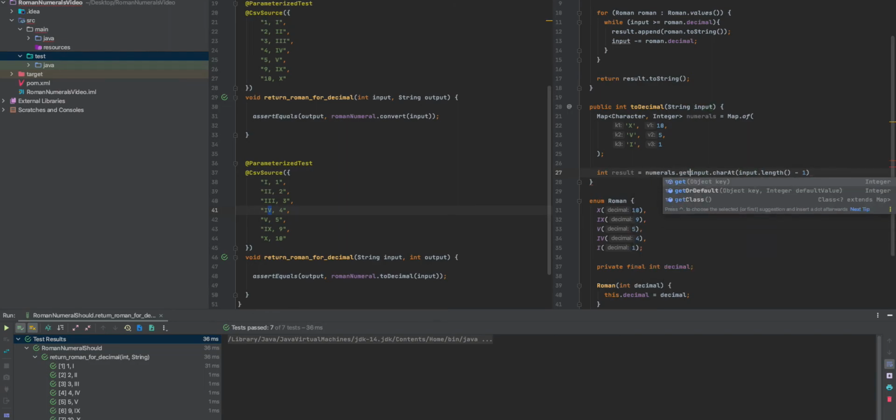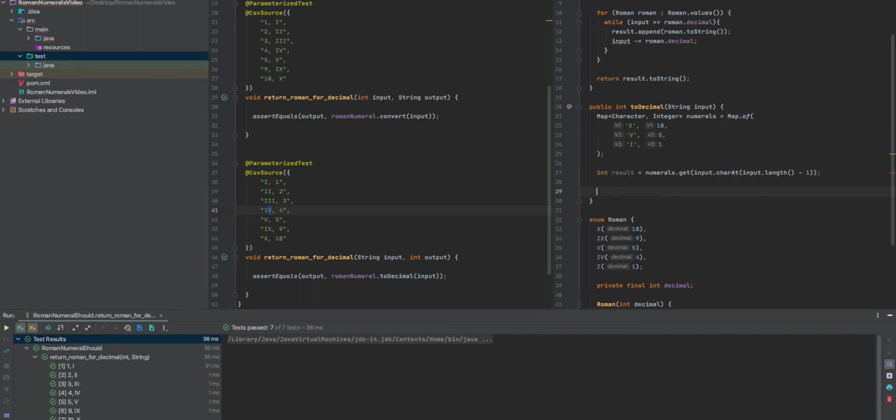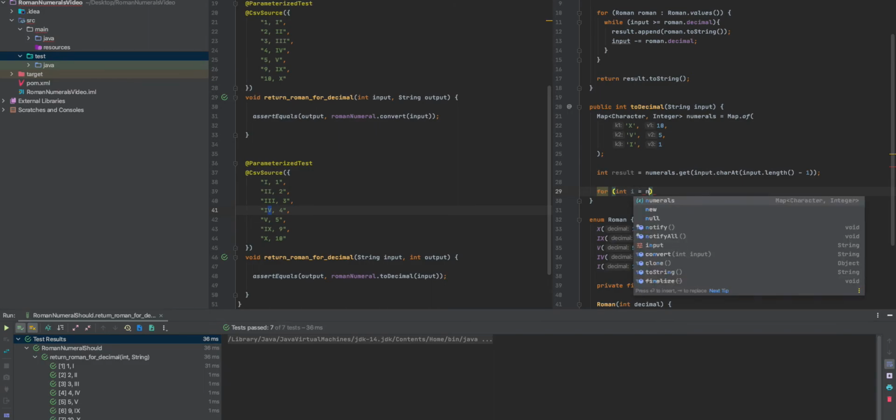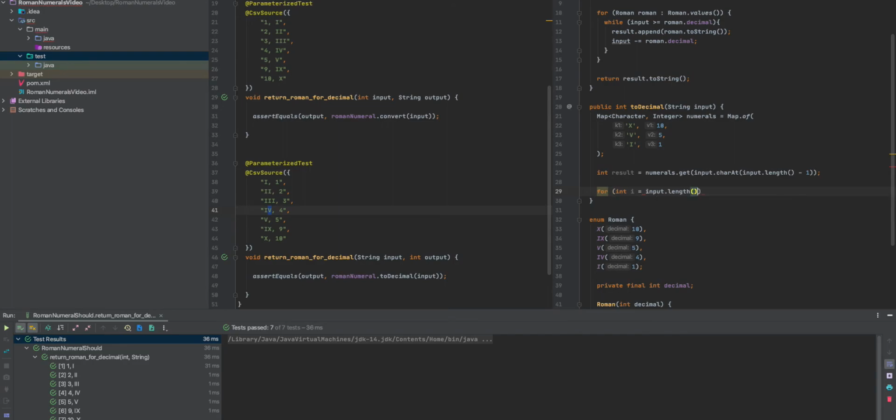So we're going to say numerals.get(input.charAt(...)), so that gets the numeral, and then we're going to say for int i equals input.length minus 2, because we're starting from the next one along now, so we're starting from here, and then we're going to do i greater than or equal to 0, i minus minus, so each time we're reducing, and then we're going to say